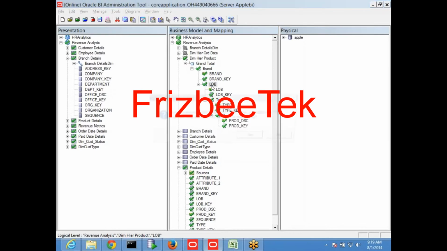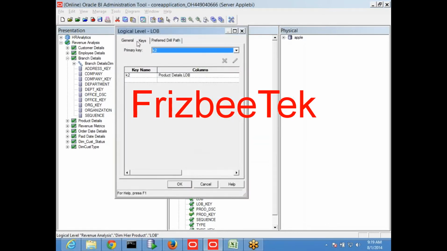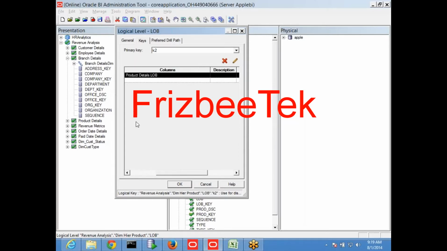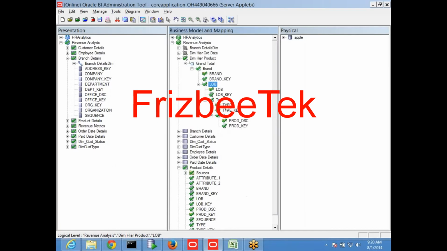So for every level, when you go here, we are going to create a key, and out of this key, which column do you want to use for display? So the LOB column. Previously we had only one column, so there was no option. But whenever you have multiple columns, out of these three columns, which column do you want to display in a report when somebody clicks, or is coming from the level above or below?